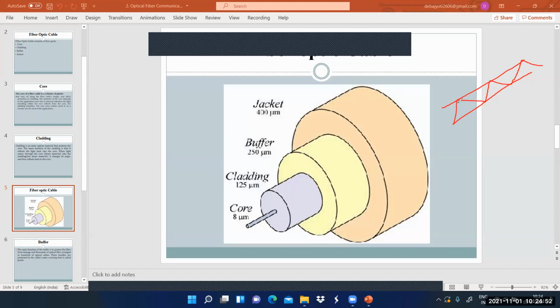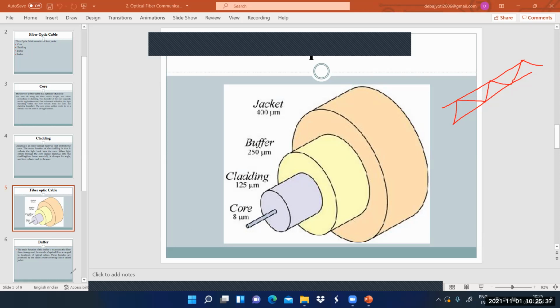And one thing from this figure you can notice is that the core cross section needs to be circular for most of the applications. So the shape of the core here is circular. This is the main function of the core. For the case of optical fiber, you can say the core is the transmitting point. Transmitting point means from this point the light starts propagating, or light travels from the transmitting end towards the receiving end.